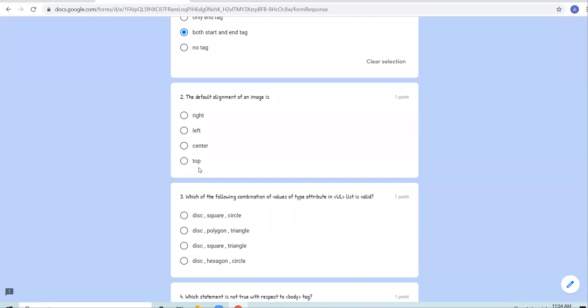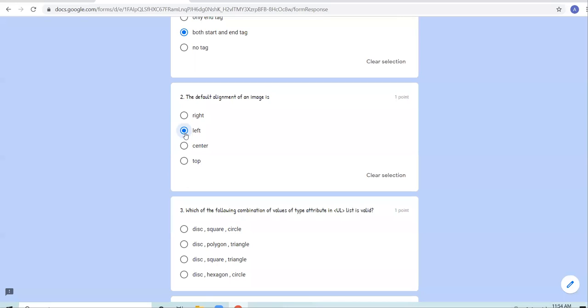Top, middle, and bottom, these 3 values are with respect to text that will be displayed along with the image. Okay, am I clear? So left is the default value of image.